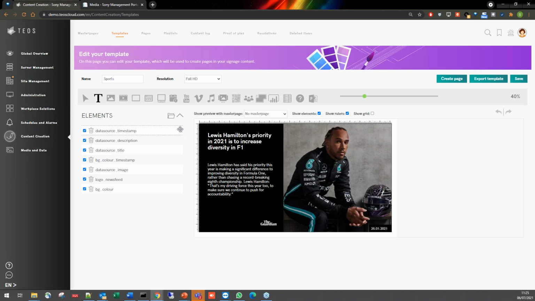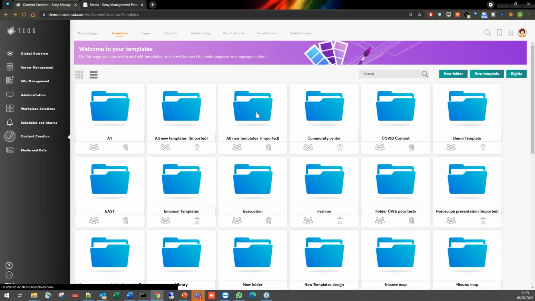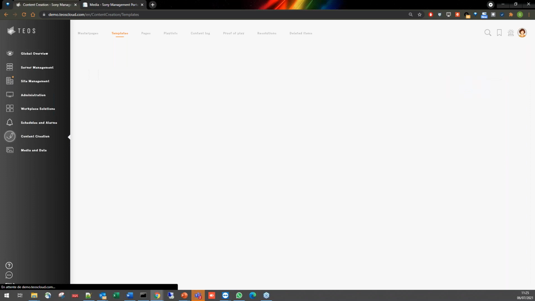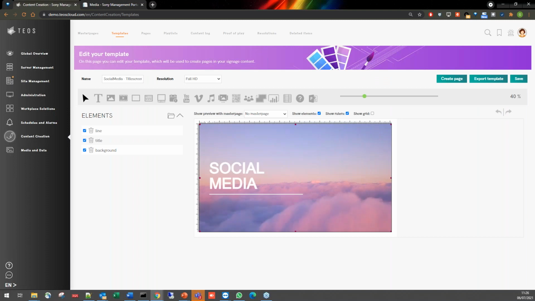If we take some examples, even from what we did in terms of templates, because the templates are also done by our designers internally, the idea is that you can do some content directly from your professional tools, your InDesigns, for example, your Photoshops, etc. And when you have this content, you just mix it into TIOS, where you can play with where you want to show the information, etc. So that's mainly from the templates point of view.